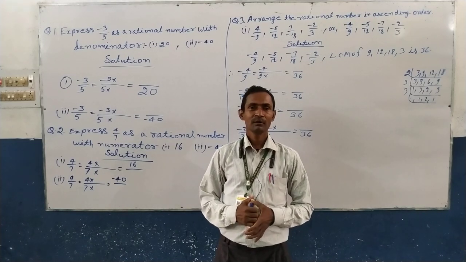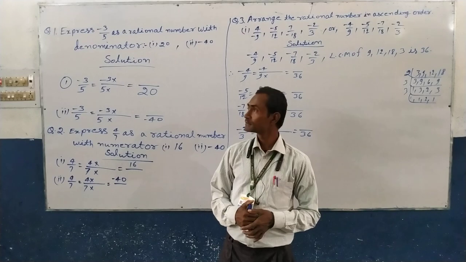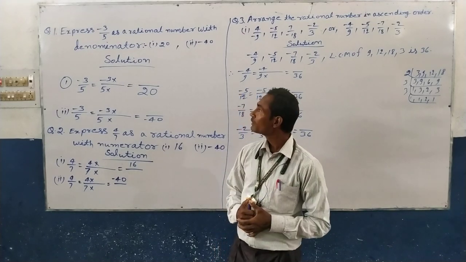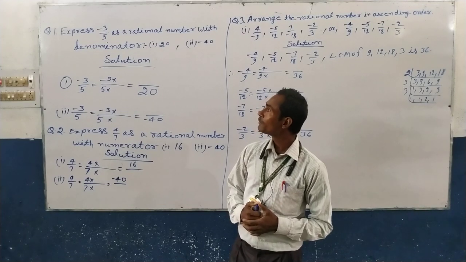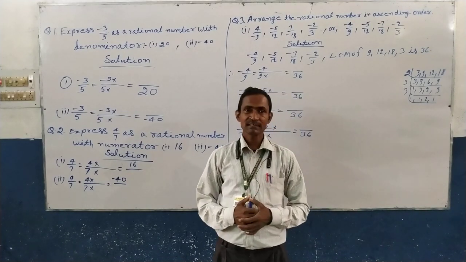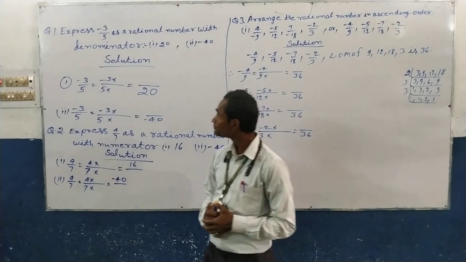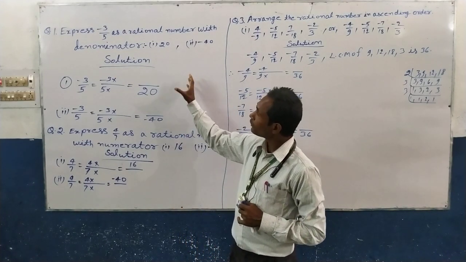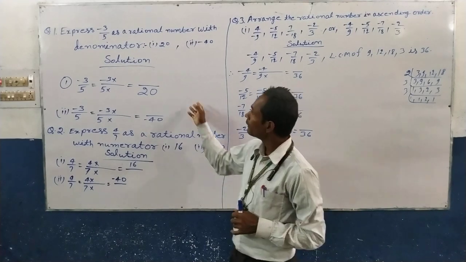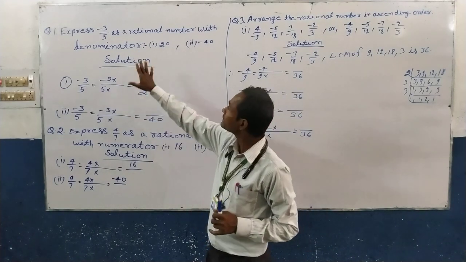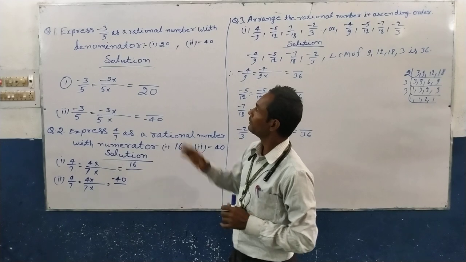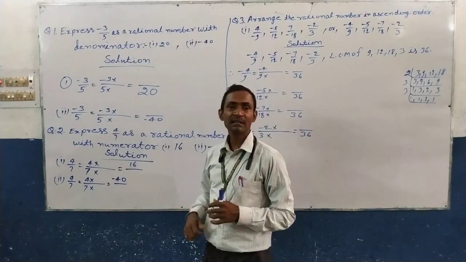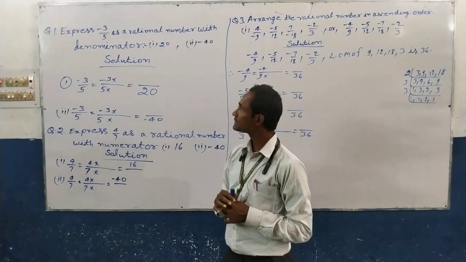Today we will start the next part of rational numbers. For exercise first, question, follow these types. Express -3/5 as a rational number with denominator 20 and -40. That means